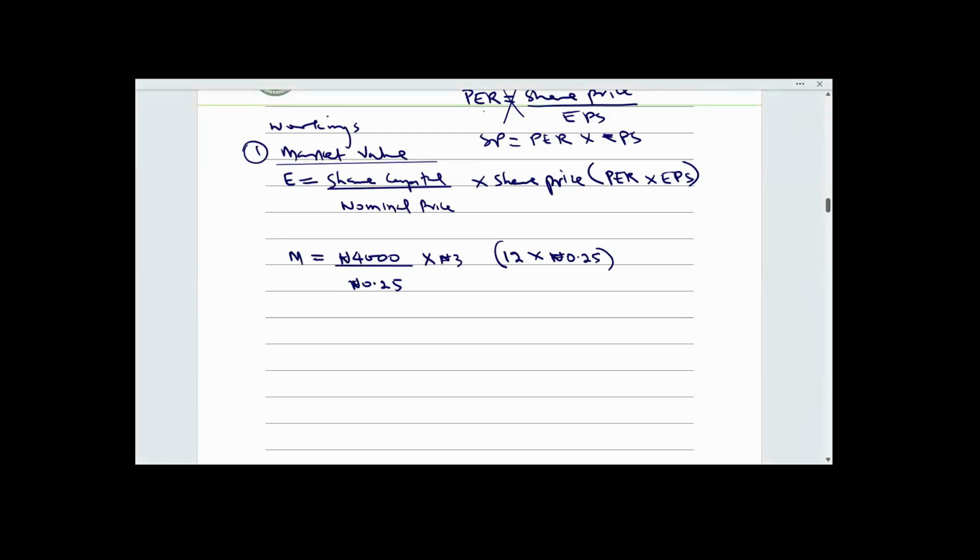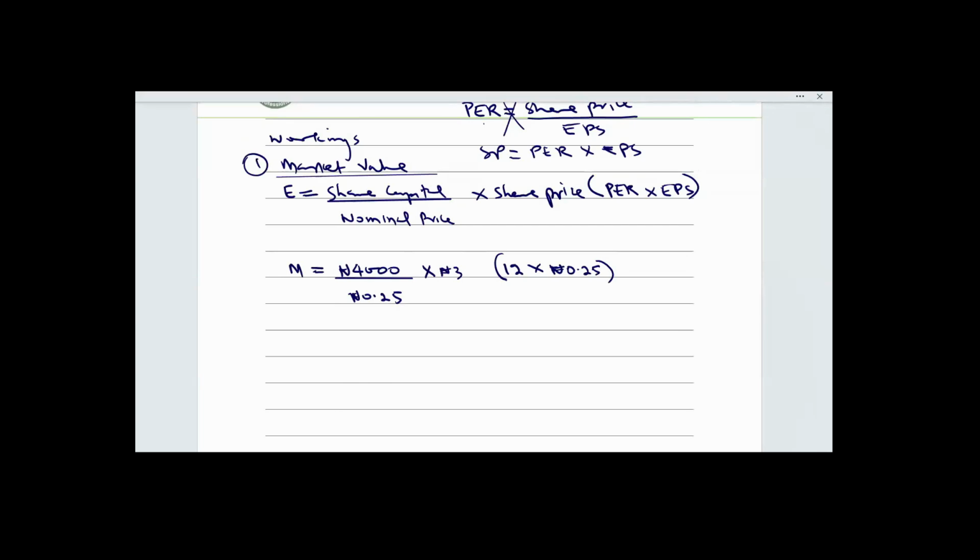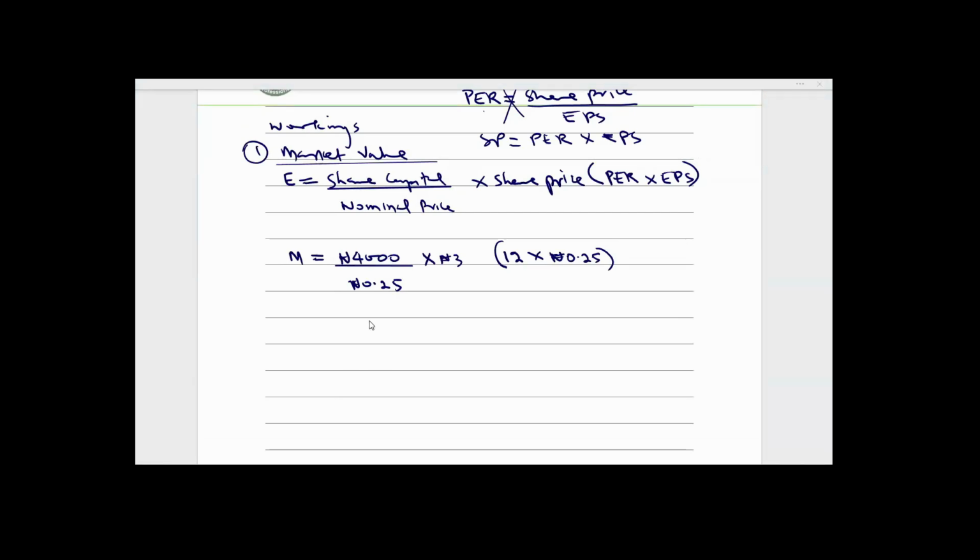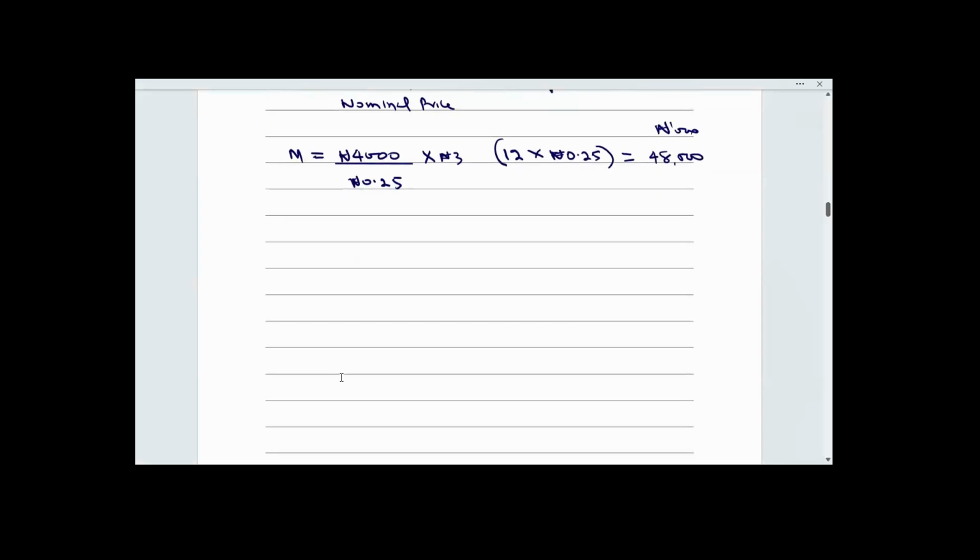So to now get the market value, I will say 4,000 divided by 0.25 multiplied by 3 equals 48,000. Here is 48,000. That's the market value of equity for Mississippi. I will do Limpopo. The share capital of Limpopo, according to the question, is 9,000. The nominal value of Limpopo is 1 naira. So 9,000 naira share capital